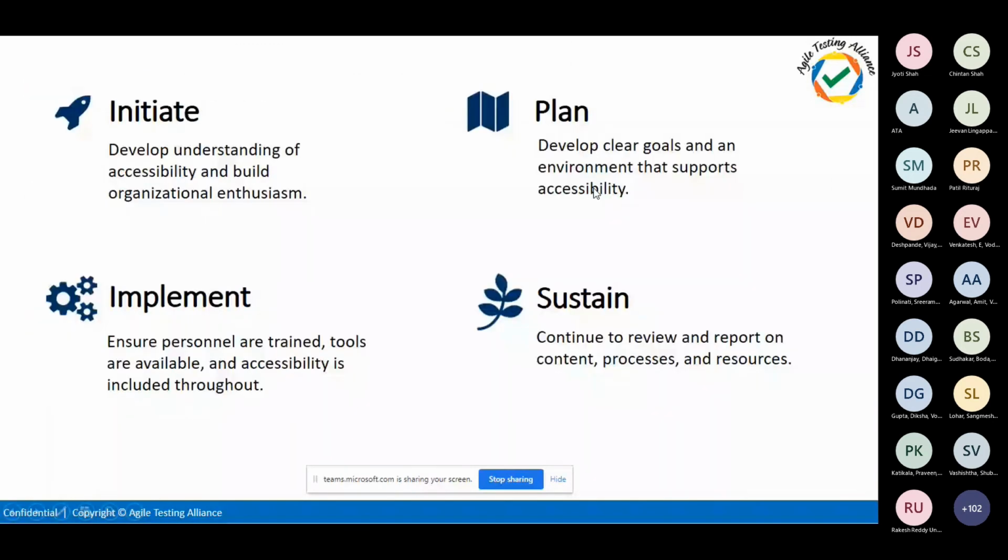And how do you start it? You have to initiate the plan, and of course build enthusiasm in your team, like, yes, we are going to test for accessibility and do something for our society. That mindset should be there, and you should have a plan: what's the goal, how is the environment, how we are going to test it. And then your implementation, like with which tools you are going to test it, because that also plays a major role, since different tools give different coverages. That's the reason you need to choose the right set of tools and other things.